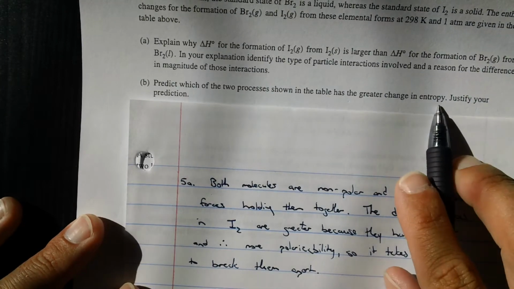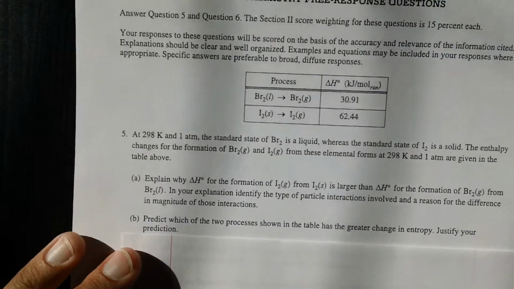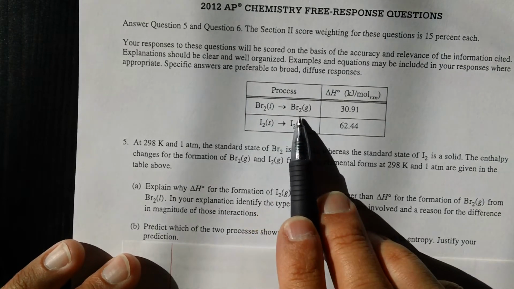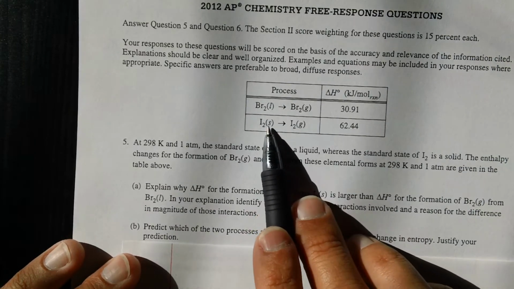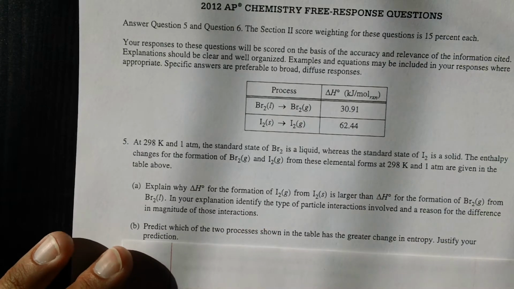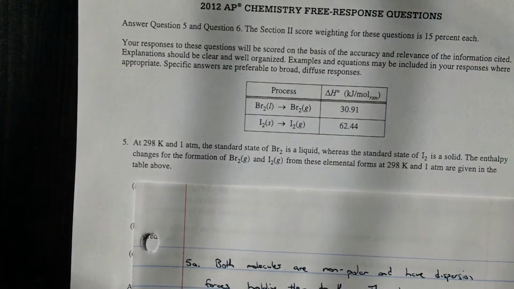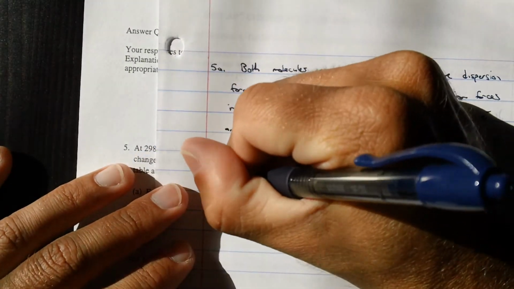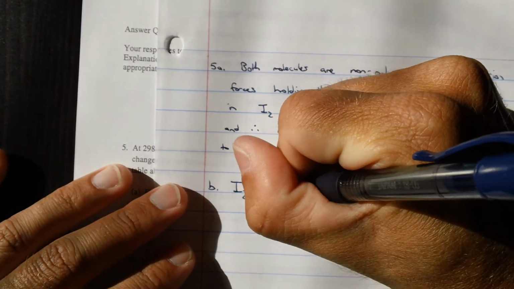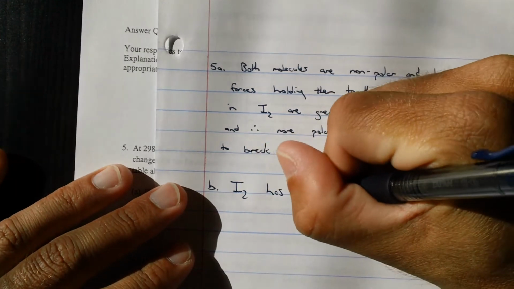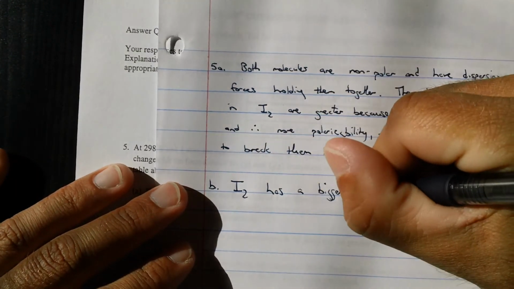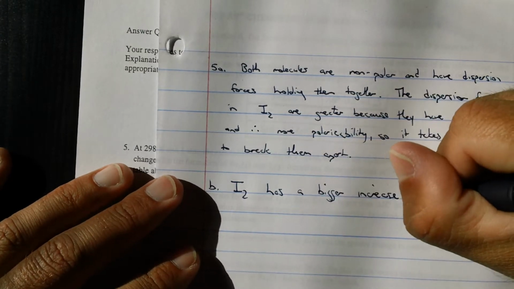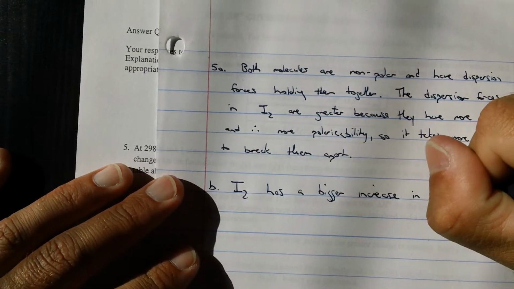You got to refer to entropy here, right? And so which one has a greater change in entropy? This one's going from liquid to gas, so there is an increase in disorder there. This one's going from solid to gas, so there's a greater increase in the randomness of the particles. So iodine has a bigger increase in entropy